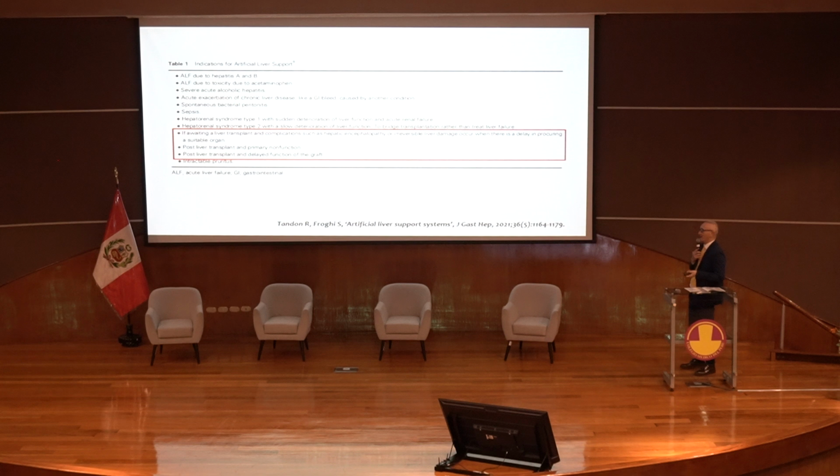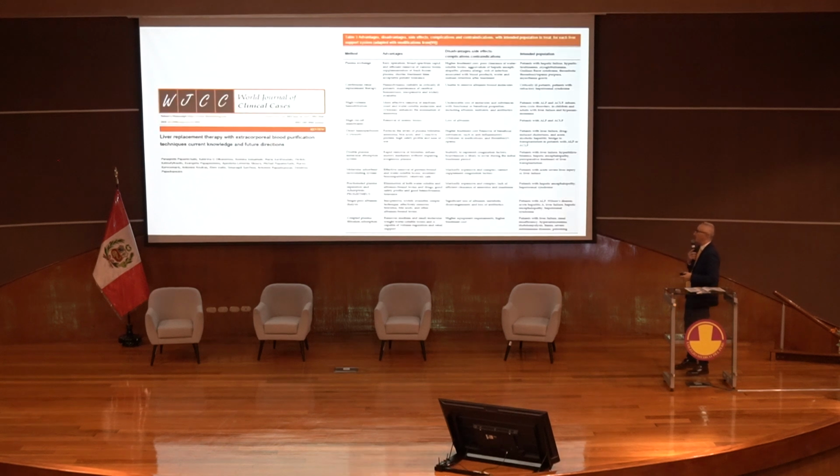And the indications to use extracorporeal support are, of course, all liver failure, acute or chronic, the liver failure of sepsis, the pruritus, but we have even indications for patients that are waiting for a liver transplantation, in the phase before the transplantation, to give the best condition to this patient to come to the transplantation, but we have indications after the transplantation when we have some problem of the graft, of course.